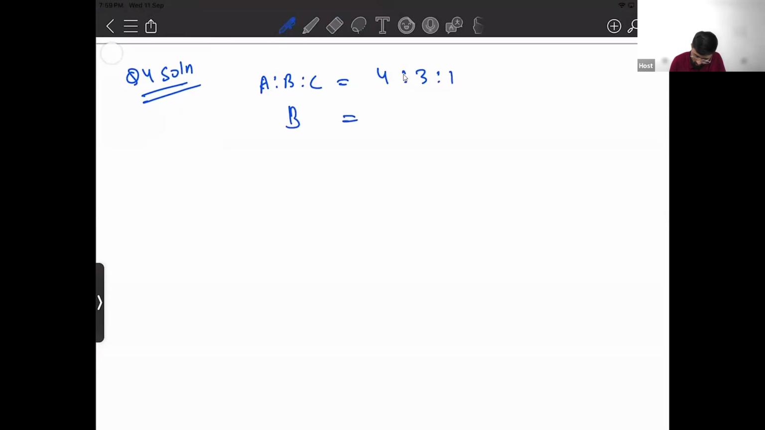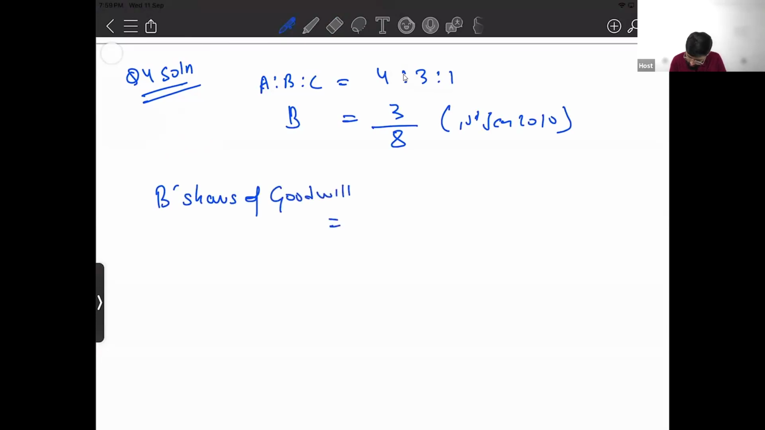B died on 1st March 2010. So B's share of goodwill is equal to 1/2 of the net profit, and 1/2 of the...